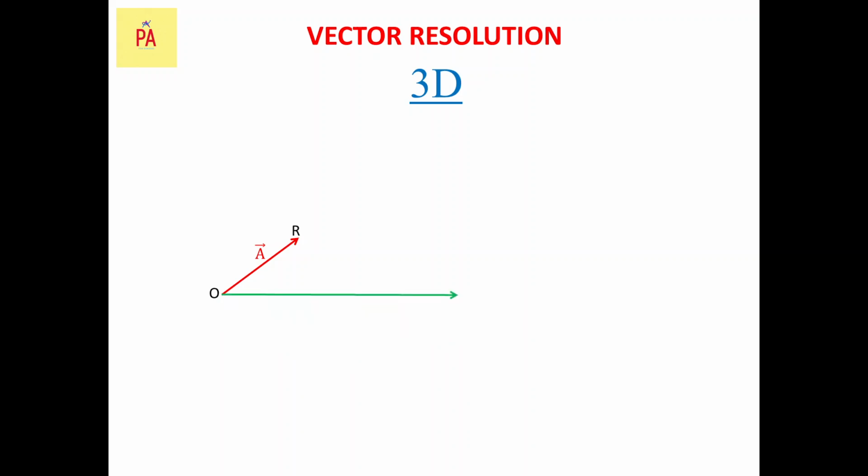Now let us assume it in the x, y and z plane. So we have got this x, y, z axis, and we have got the vector A as well. Now let us have the flooring. You can take this part as your room. You can think of this one as a stick which is connected to any one corner of your room floor, and you can consider that the head is R, and this is the height of your room, and this is the length and breadth of your room.